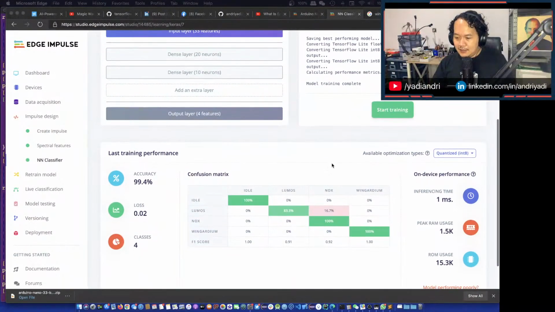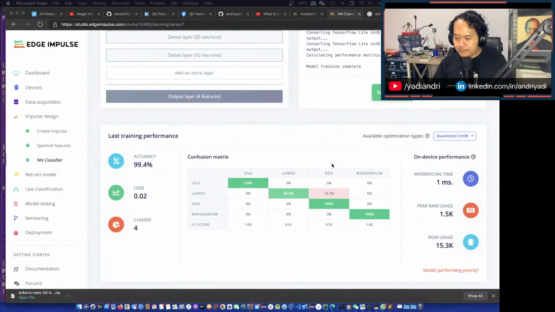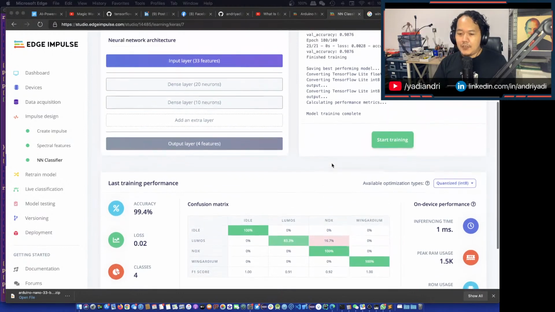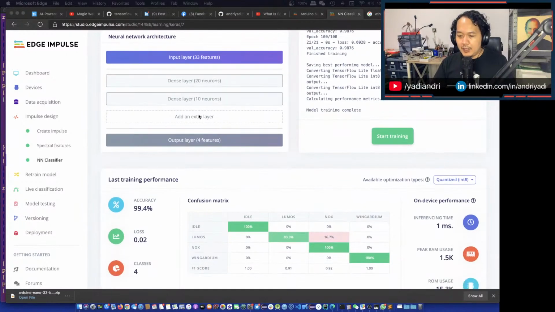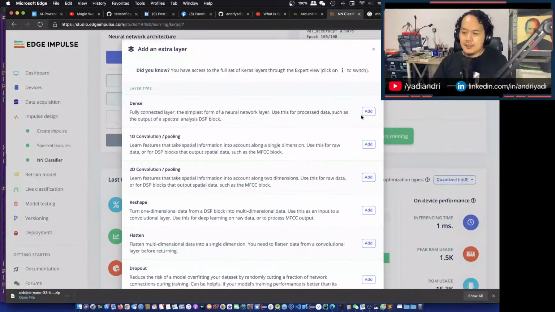Okay, I think this is okay for now. You can play around with the neural network architecture. So for example, if you add another layer here, usually the deeper, the more layers, the better. Not quite always like that, but